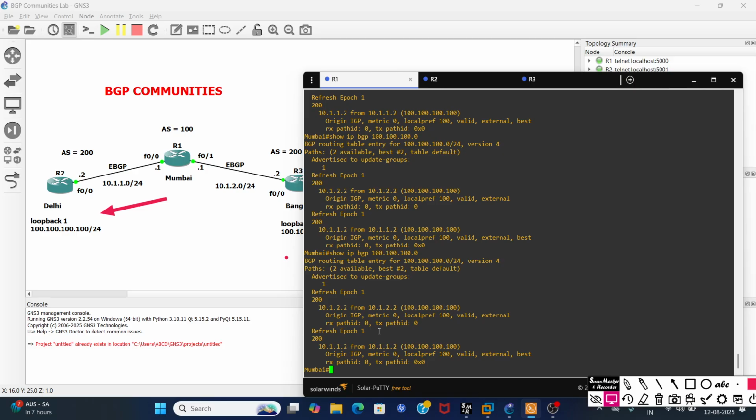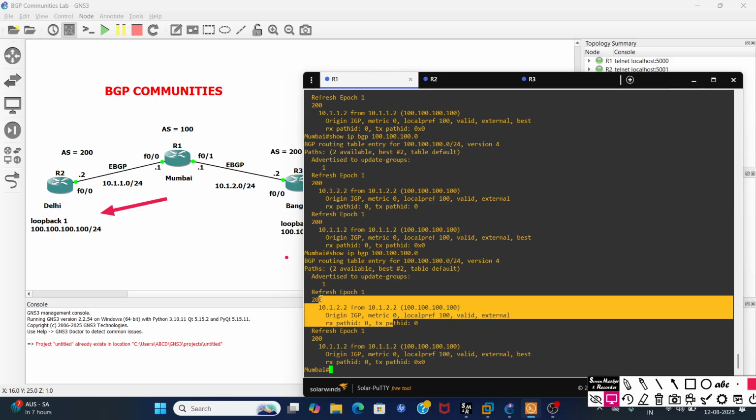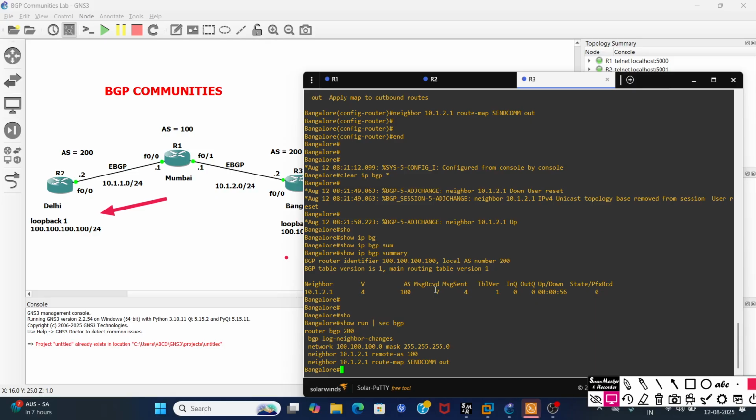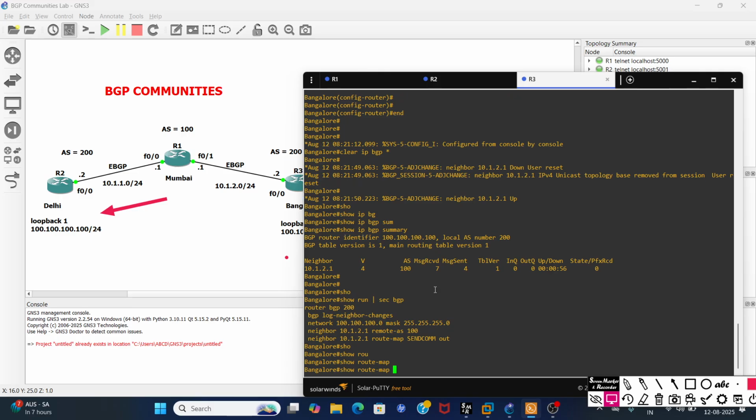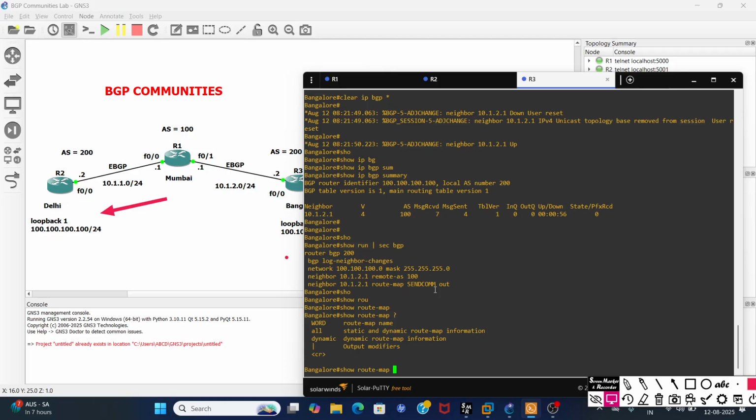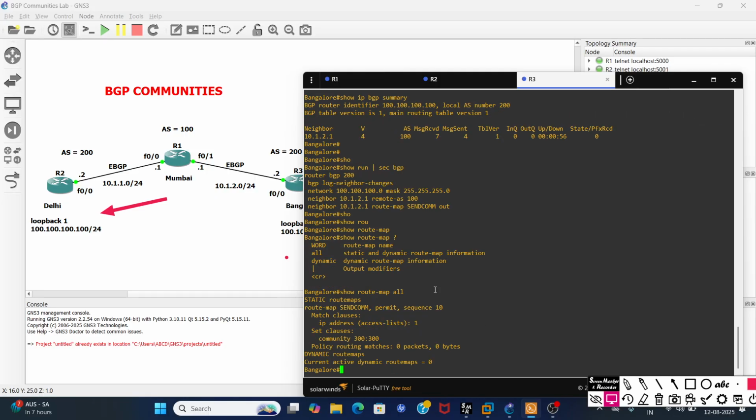Okay, so I'm still not seeing this community value here. Why so? Send community. Show route map. So I have this route map, and I have attached this route map to neighbor 10.1.2.1